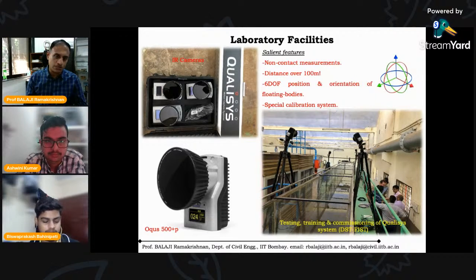It works based on the principles of infrared, and these cameras can be kept a little away from the object whose motion you are basically interested in measuring. Let's say, for example, if you have a floating body like a ship, this can undergo all 6 degrees of freedom motion, left floating in the water. If there are waves, these waves can make the ship move in all 6 degrees of freedom and so on. So if you want to measure the displacements of a particular floating object like a ship in the